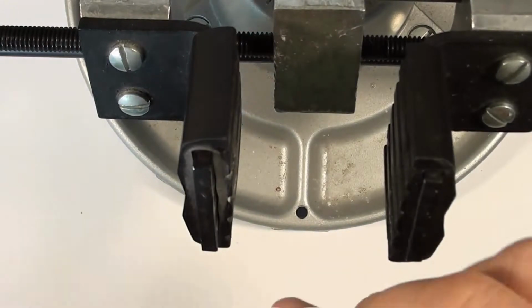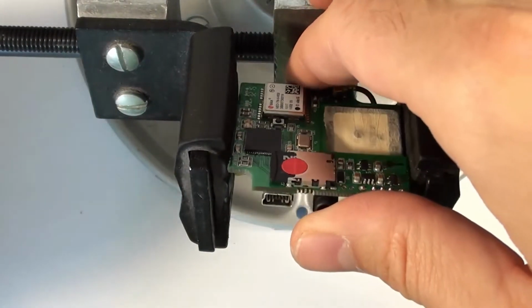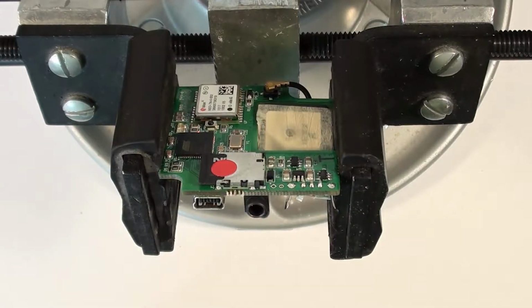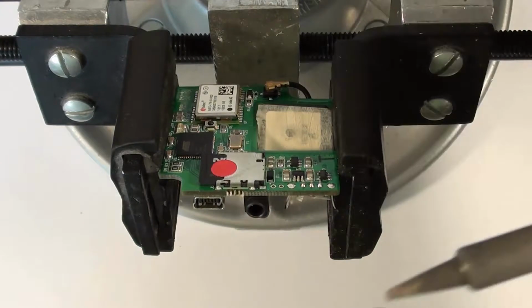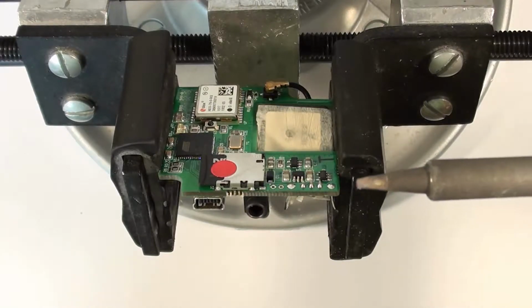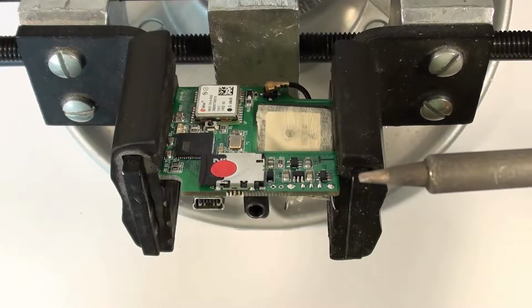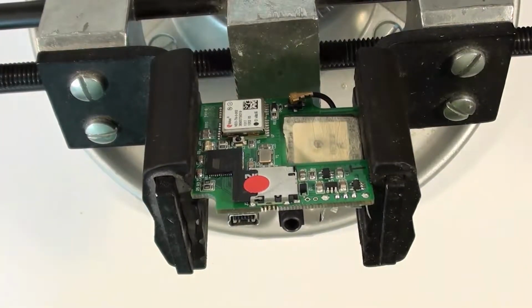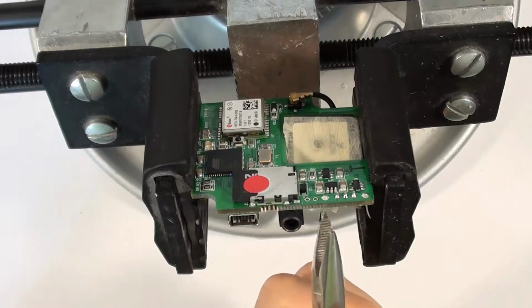So the next thing I'm going to do is put this FlySight into my vise. And I'm going to use my soldering iron. The temperature is set to 650 Fahrenheit, and I'm using a nice wide tip on the soldering iron, just so we can get really good heat transfer into the board. So I'll clean the tip and I'll put just a little bit of solder on it again to help with heat transfer. I'm going to grab a small pair of pliers, and what I'll do is